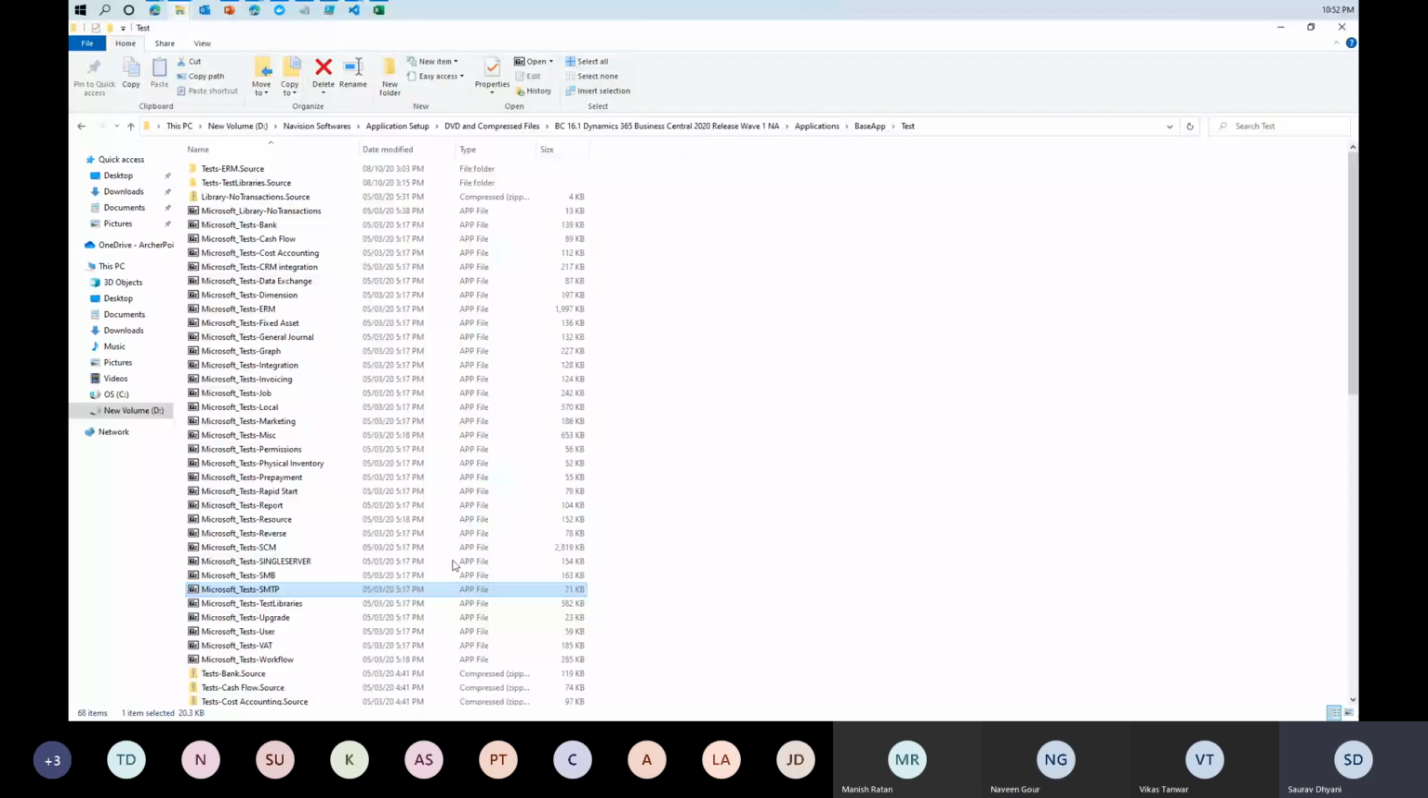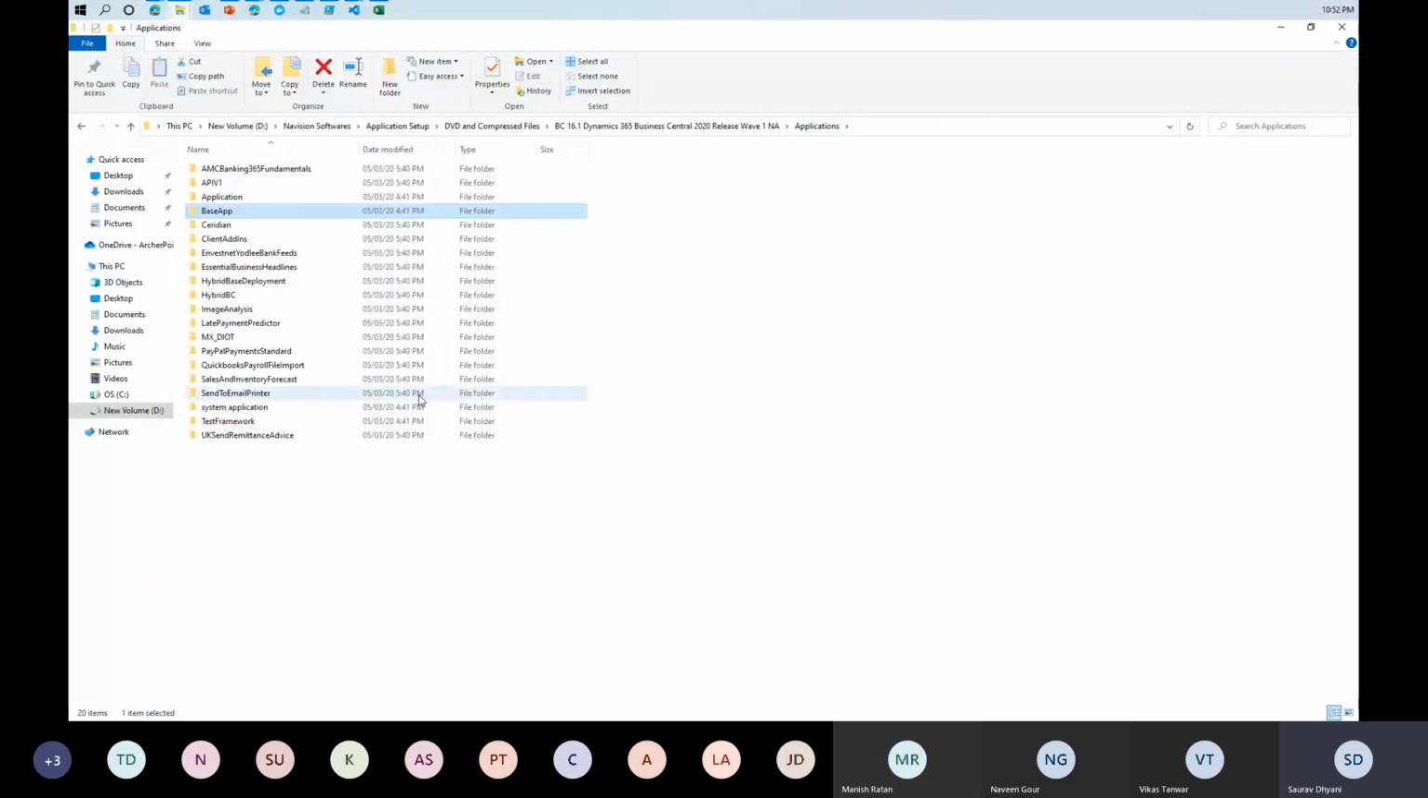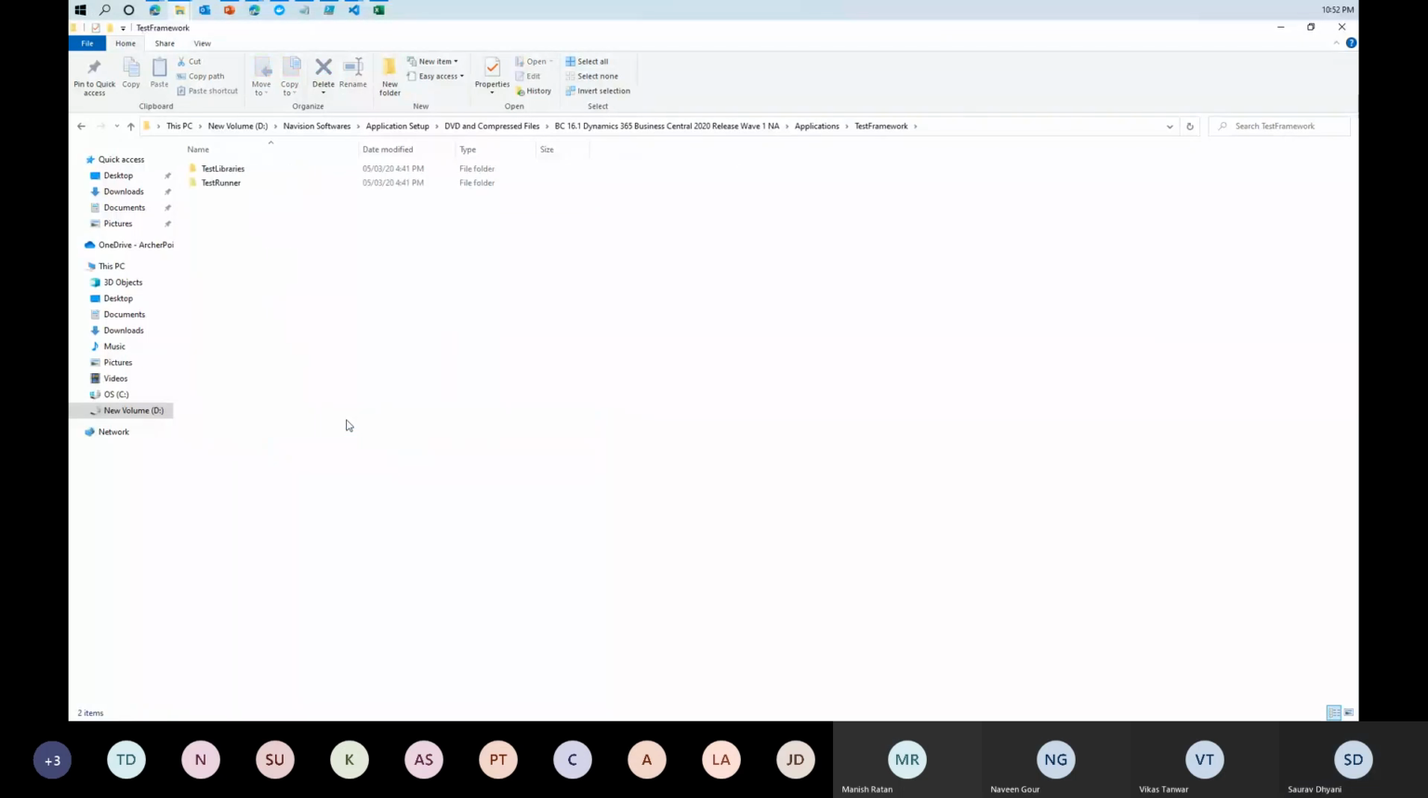Here it is. These are all Microsoft tests in the application base app test. And these are Microsoft tests. These are not the libraries that I was talking about. Okay, so these are the tests. And if you come back here, there should be, on the application, a test framework, which will